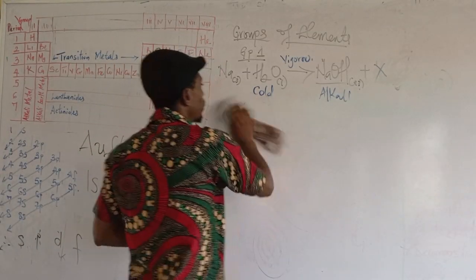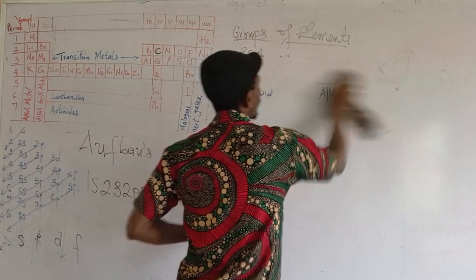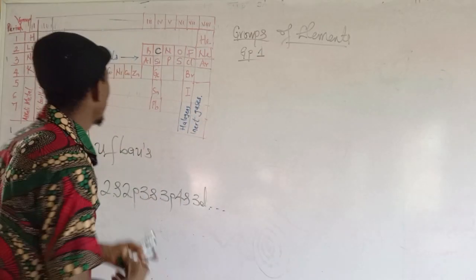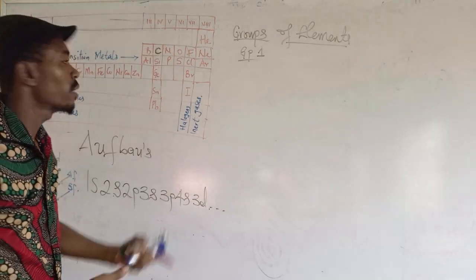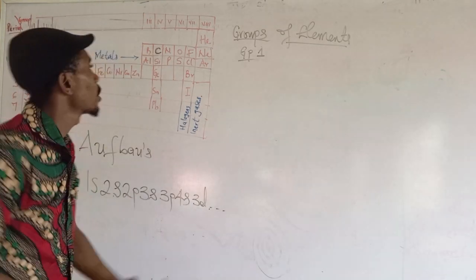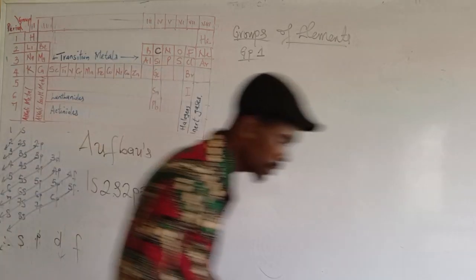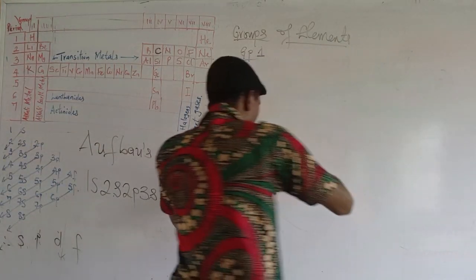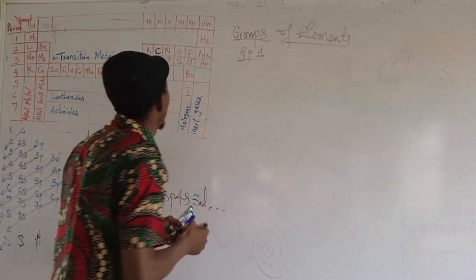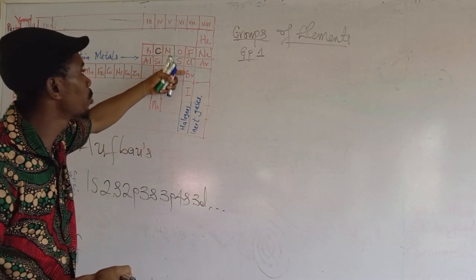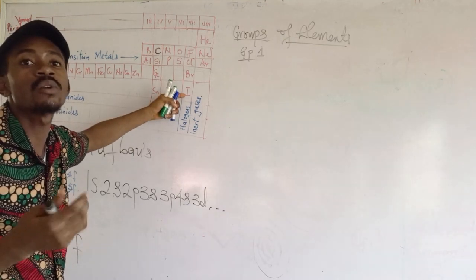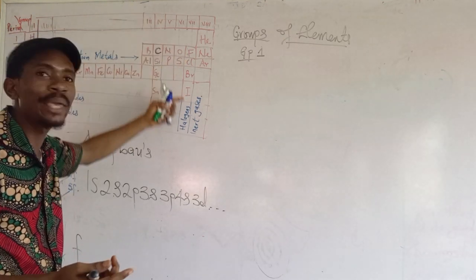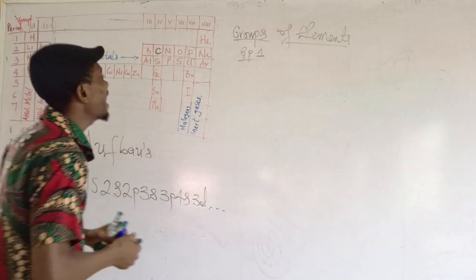Then we move on to group 3. There's not really much to be said there, apart from the fact that they are trivalent. Okay? Group 4, they are tetravalent. Group 7, they are the halogens. They are called halogens because they can form salts. Hence, we say they are salt formers, and they include the elements fluorine, chlorine, bromine, iodine. They all have the suffix "-ine". Fluorine, chlorine, bromine, iodine. And they are the most reactive